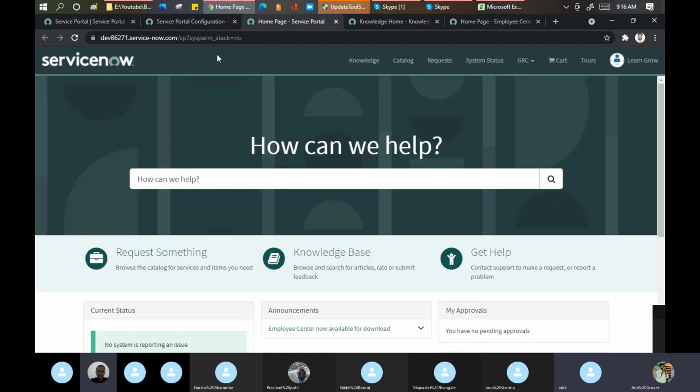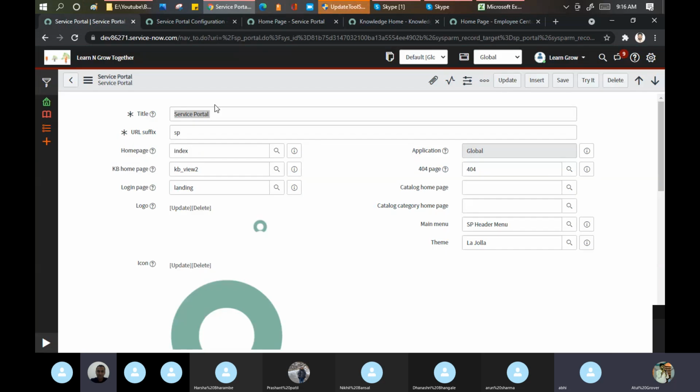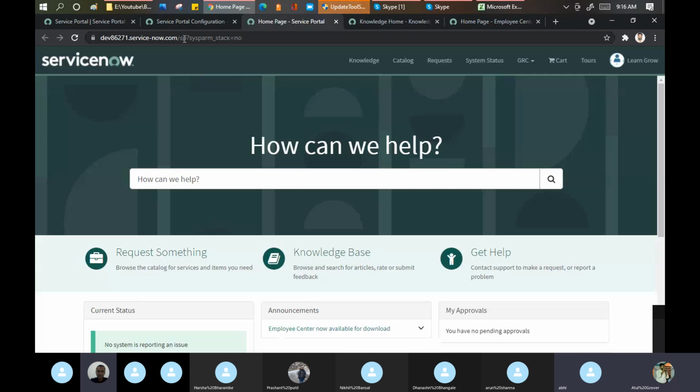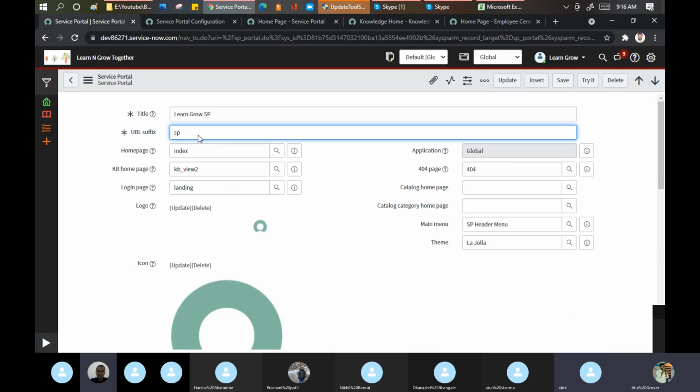Title: service portal on the top. Run grow SP. URL suffix. When I put this /sp, it opens it for me. So if you want, you can make a change as well.